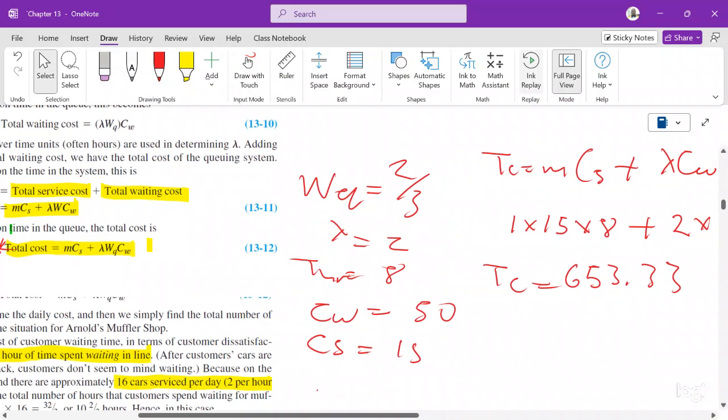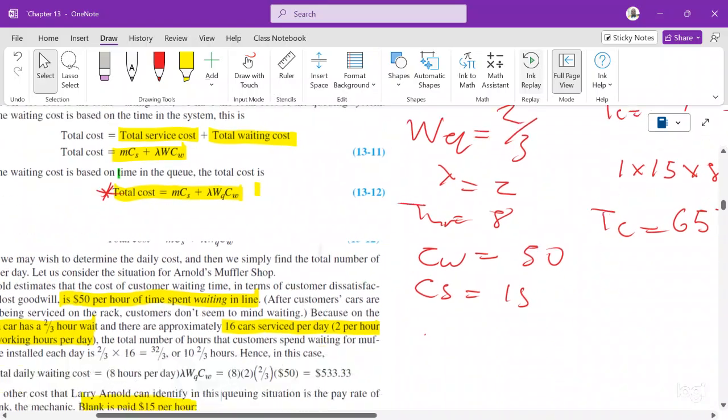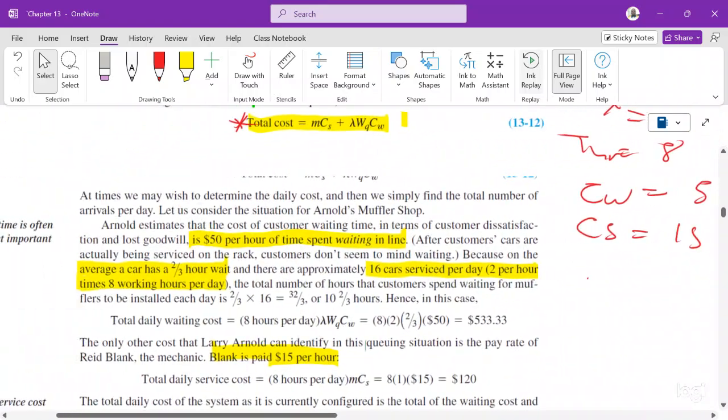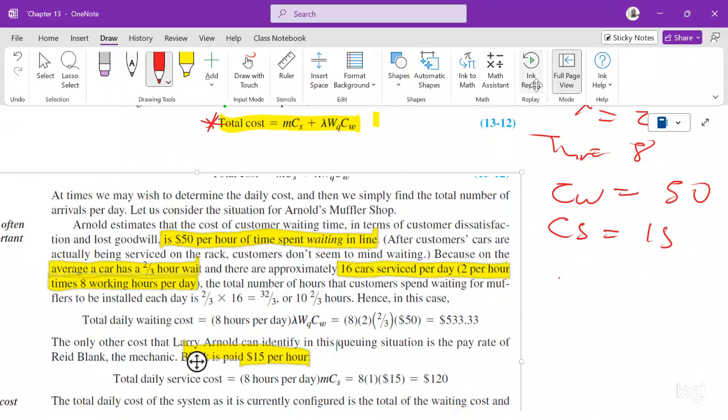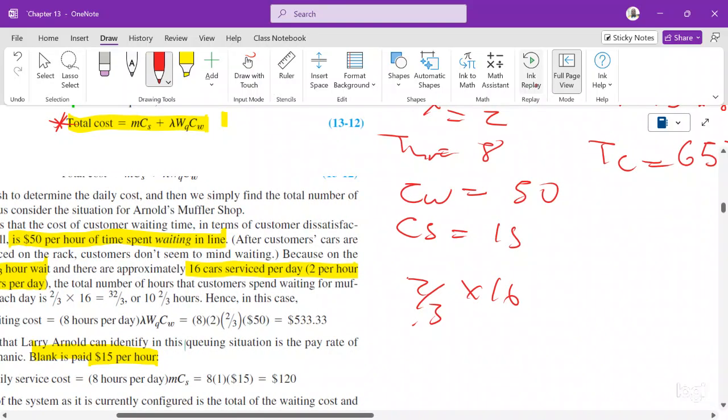then there's this time that they talk about here, which is not part of the question. It's just what it says: the total number of hours that customers spend waiting for a muffler. So your waiting is 2 over 3 multiplied by 16 cars. Oh, so all cars will wait this amount. Okay, so I want to see,